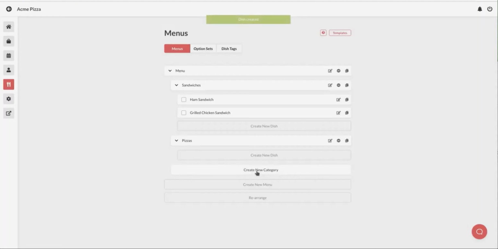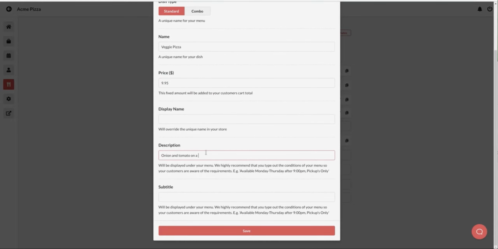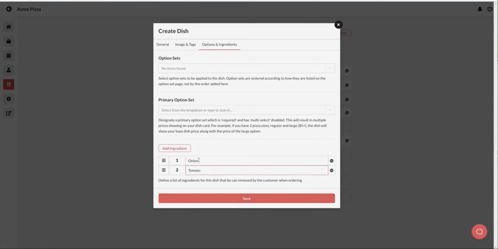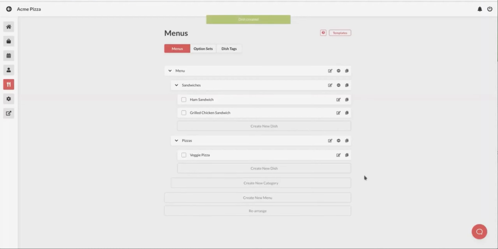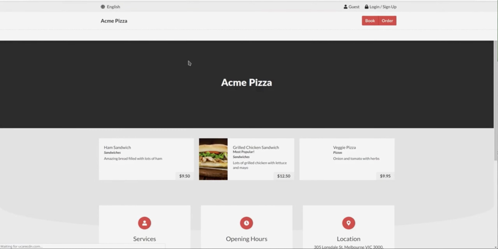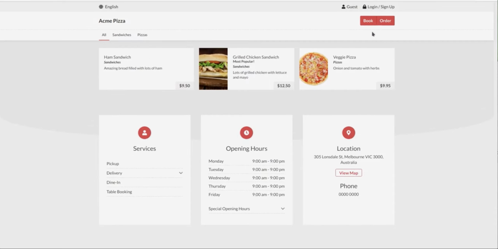Now I'll create one more dish under the pizzas category exactly the same way. Okay, once we're done creating our dishes, we can go back to the online store, refresh the page, and we are going to see the dishes we just created over here, and we now have two categories, sandwiches and pizzas. So if we hit the order button and try to select the sandwich,